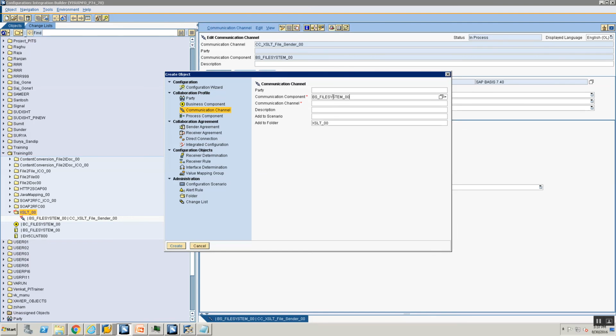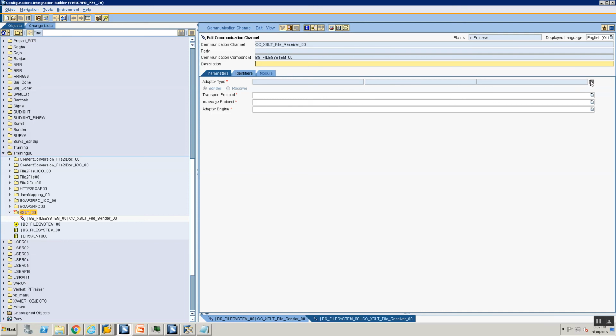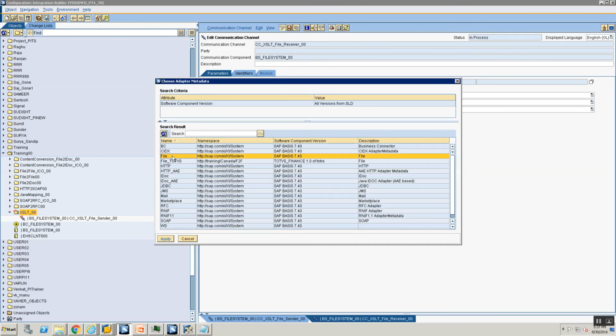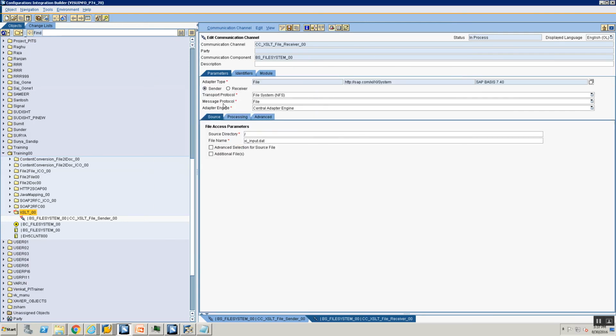Now I'm creating a receiver file adapter, right? So I'm going to say BS_file_system_00. I'm calling it XSLT_file_receiver_00, right? My adapter type is going to be file. Okay, this is going to be receiver.